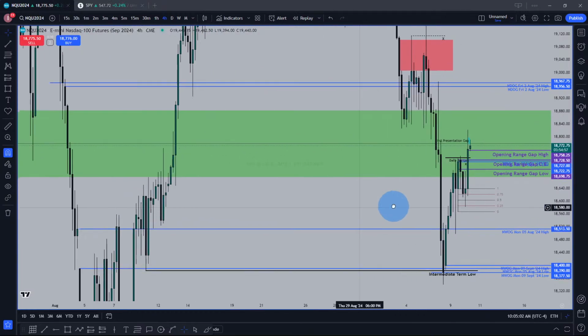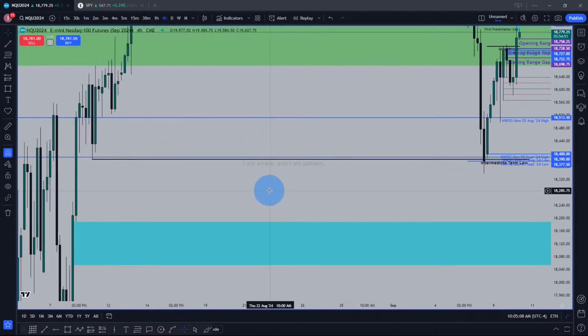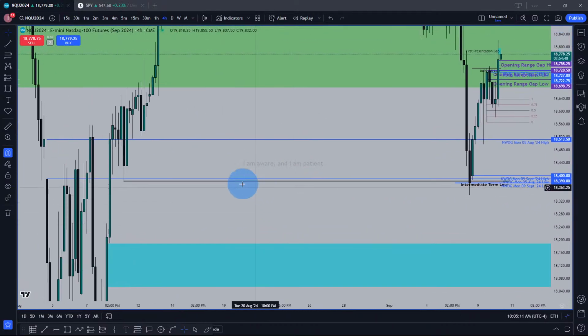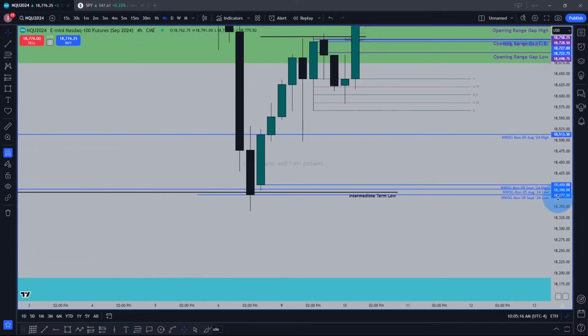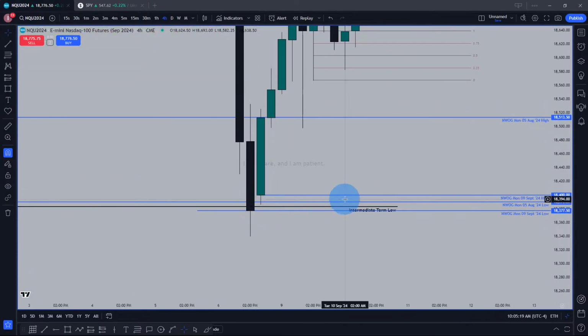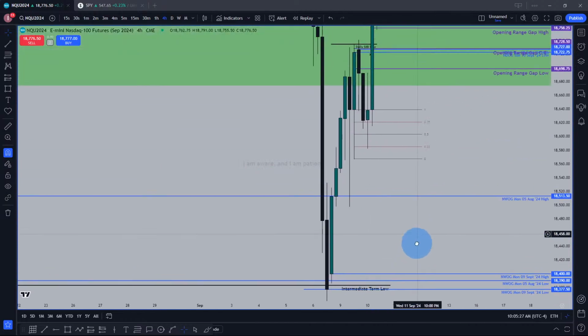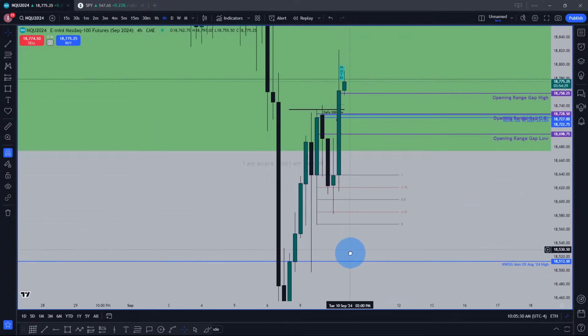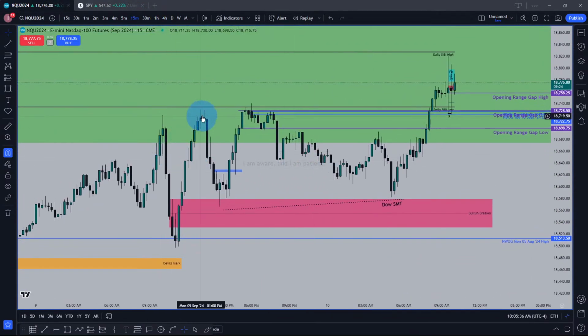We went down, we breached it, and then the array that was overlapping with that level was this intermediate term low. And as you can see, once we dipped down below this intermediate term low, it was nested inside of this new week opening gap. And once we took it, we made a new intermediate term. We made a new week opening gap. So the rejection just off of this intermediate term low, creating a rejection block, is especially with this gap here being respected. What I was thinking initially is on the 15-minute, once we started to go back above this high here and we started to drop lower, and we found resistance off this bullish breaker, I started to lean more on the bullish side. But